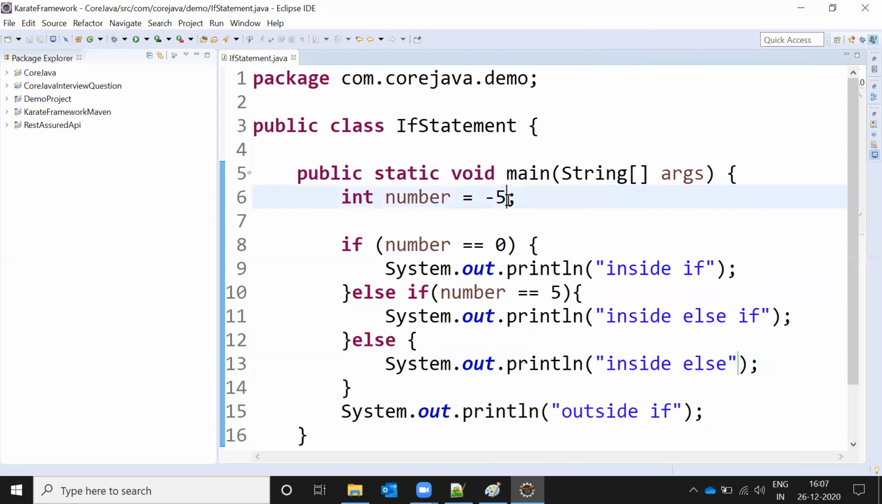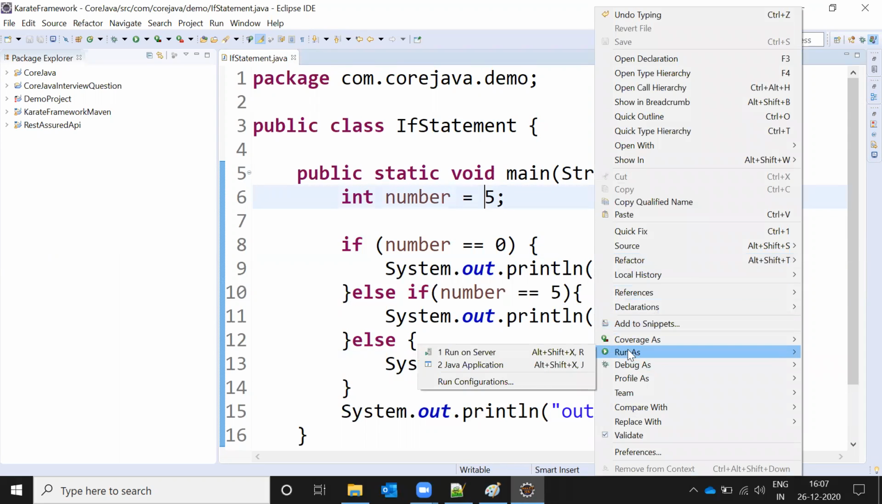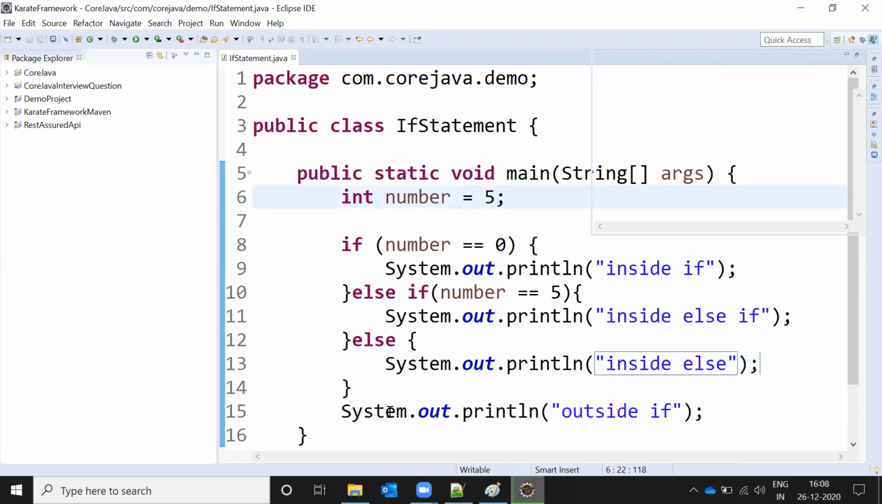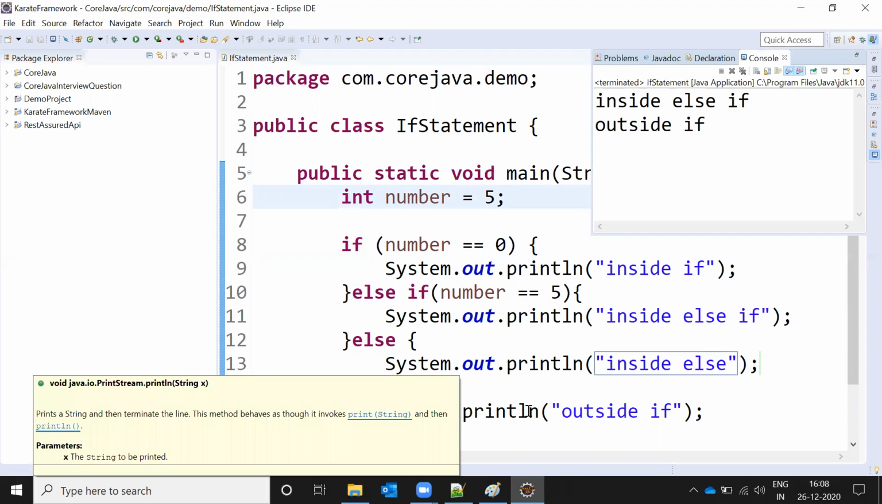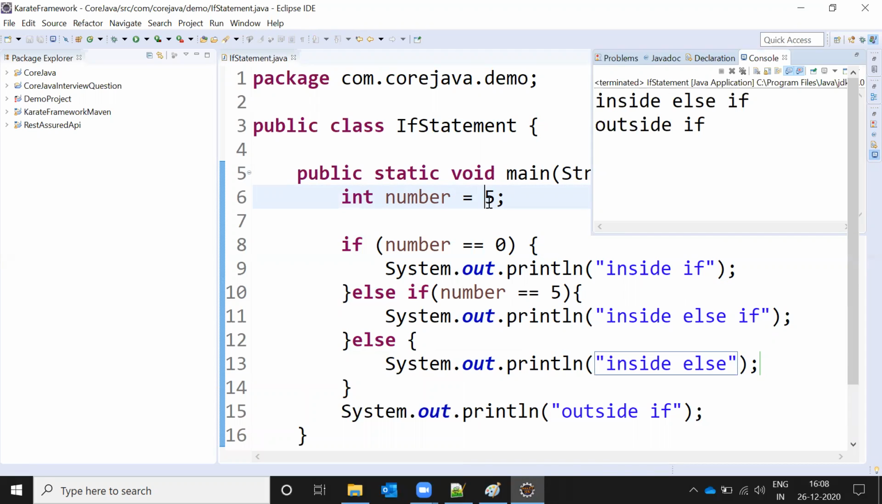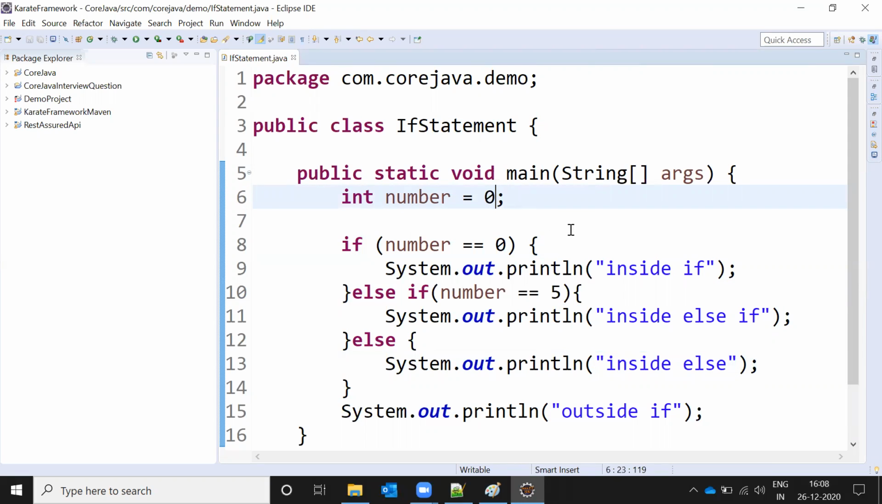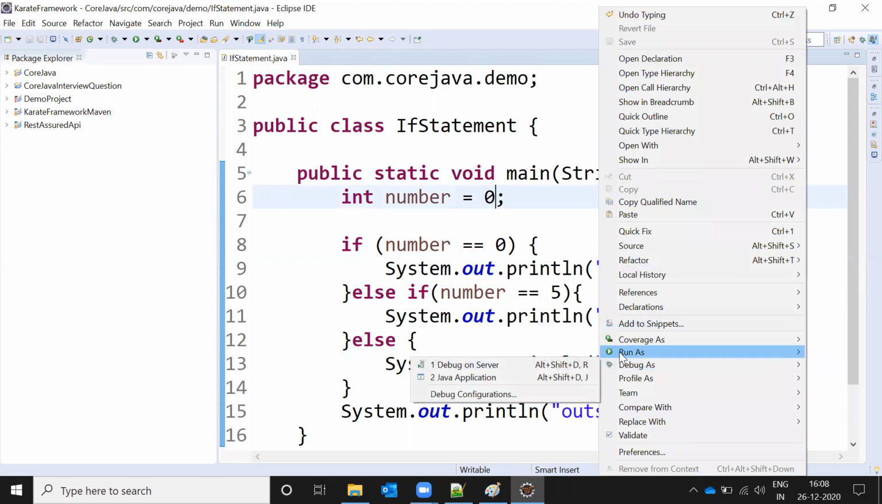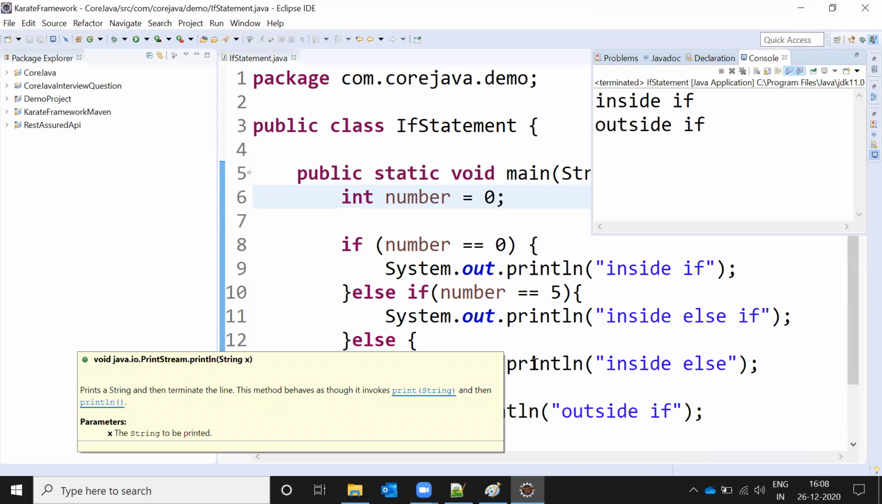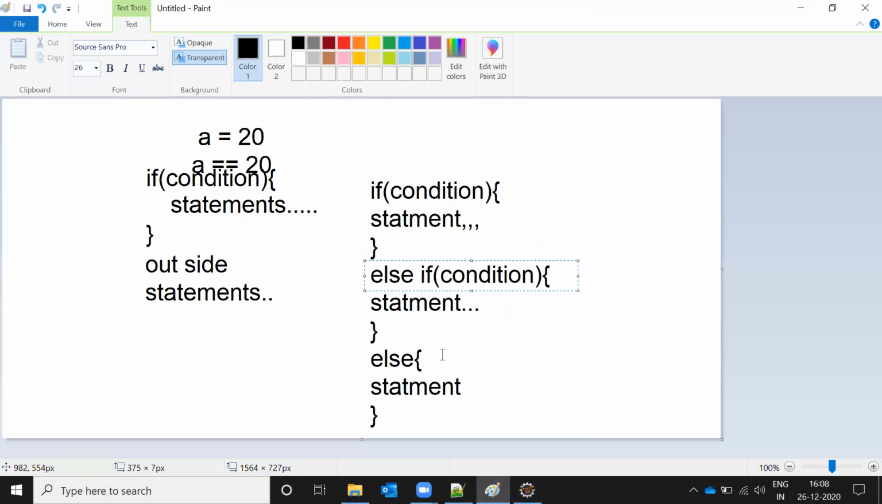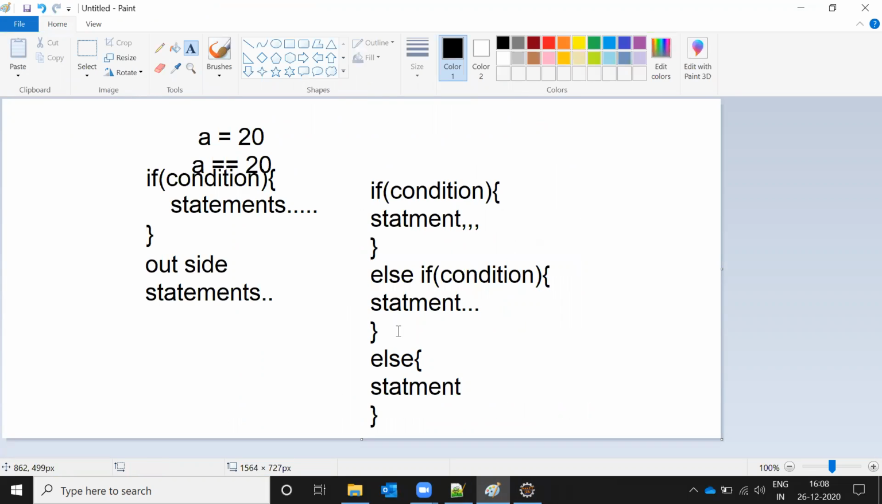Right? And now I'm going to give +5, it will print the if else if statement, then it will print the outside else if statement, then it will print the outside of the if statements. If I'm giving 0, the first statement it will print and jump to the next statement. See, the if statement is printed, then finally the outside of the if statement is printed, correct? Now the final topic in our video,